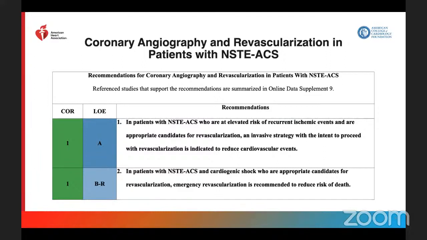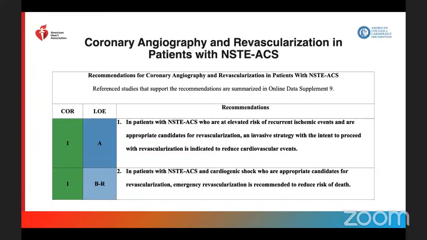Other factors associated with high risk include older age, more than 75, elevated TIMI risk score, and elevated cardiac markers. Factors indicating a need for urgent revascularization with either PCI or CABG include threatening anatomy, ongoing ischemia, and hemodynamic compromise. In such patients and those with complex coronary artery disease, treatment should be individualized and involve a heart team